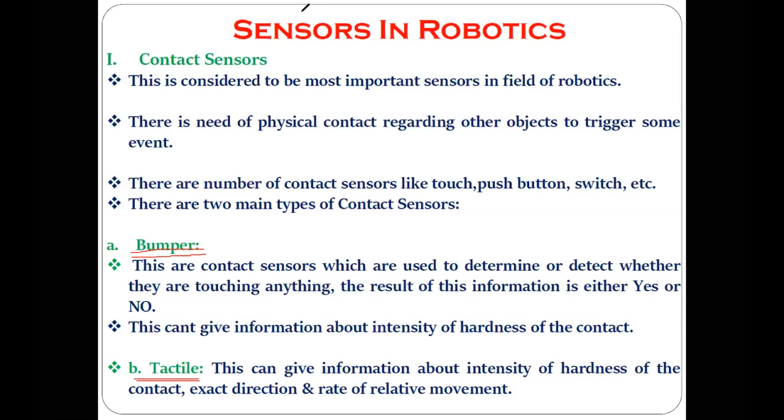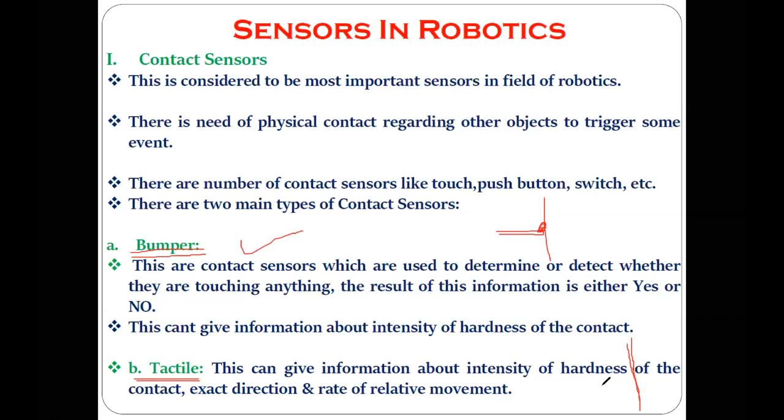So what information does the bumper contact sensor give? It gives information about touching anything. Contact sensors tell whether touching is happening or not; that information only is given by the bumper contact sensor. And tactile contact sensors,